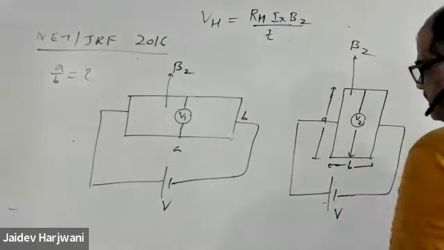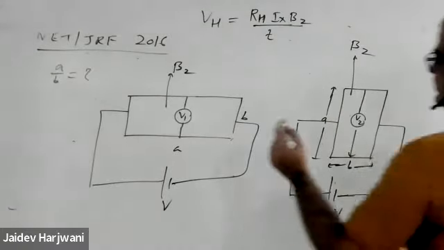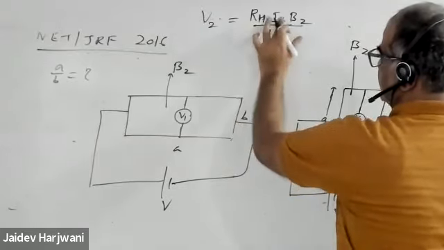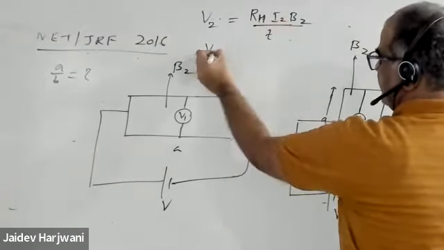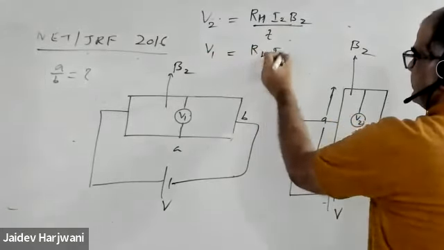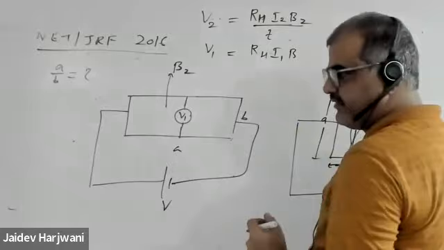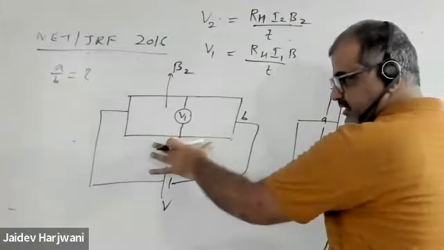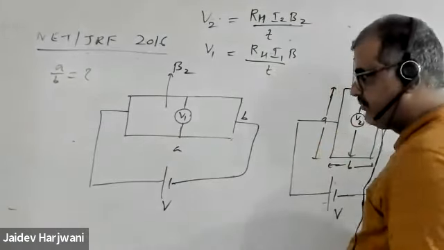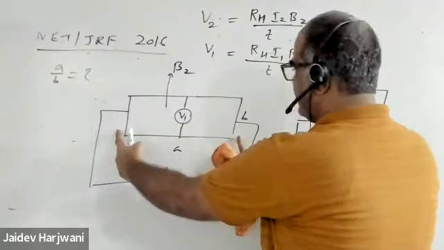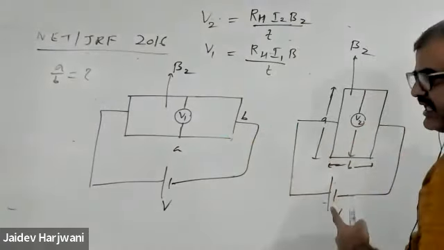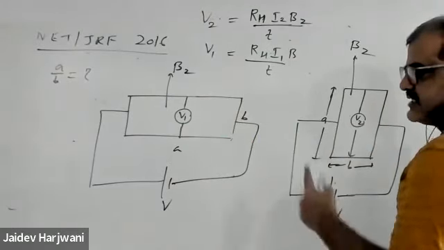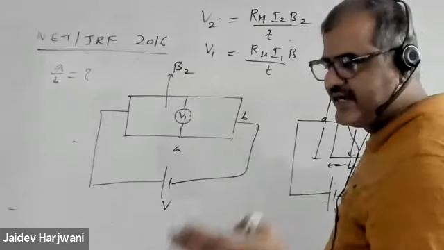Now say one time you are getting V2, so say the current is I2. Next time you are getting V1, so say the current is I1. Obviously the current will change. Why will the current change? Because the resistance of the sample will change. If you measure resistance like this, or like this, which will have higher resistance? Resistance is inversely proportional to area